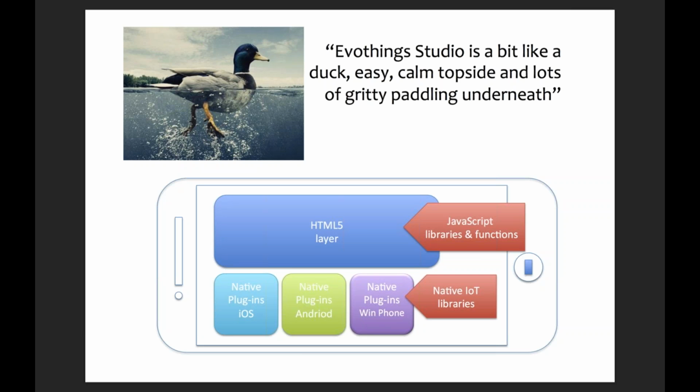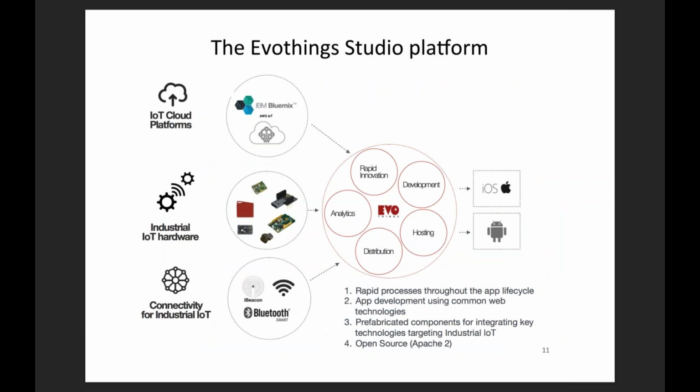So you have JavaScript libraries and functions on top, and they're supposed to be very easy to use and common to all the target environments. And then you have the native libraries underneath. So for Evothings Studio, we have three parts really, where we want to access the cloud platforms, connect to those. We also want to see industrial hardware and different devices that are key devices for this industry, and also various kinds of connectivity. And the end goal for us is to have rapid processes for the entire app lifecycle,